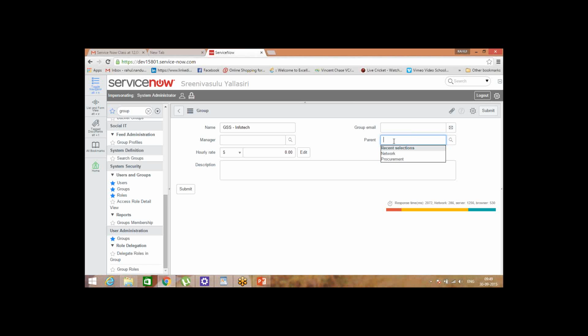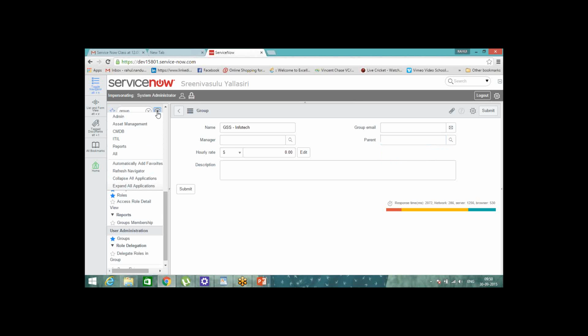Under user administration, I don't see groups. I'm logged in as a system administrator now. When I typed user administration in the filter, I just see users and logged in users. Can you do this? Click on the navigator option, this one, and select all.